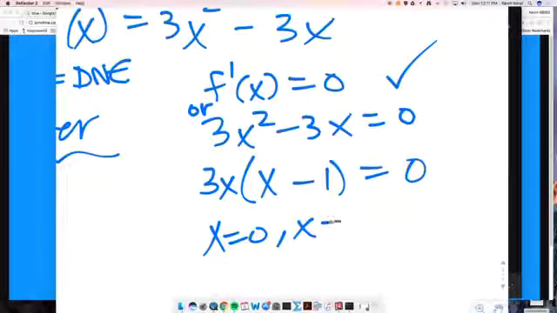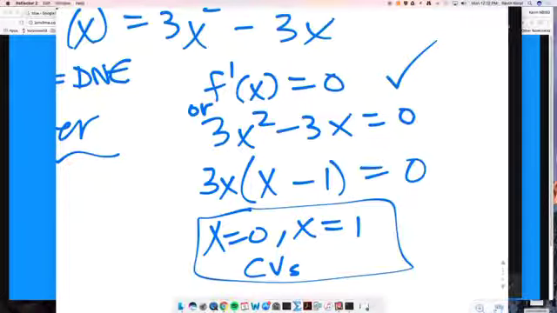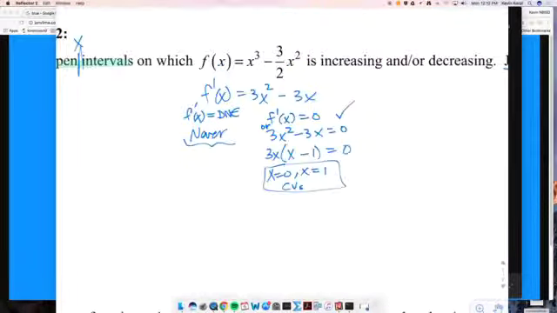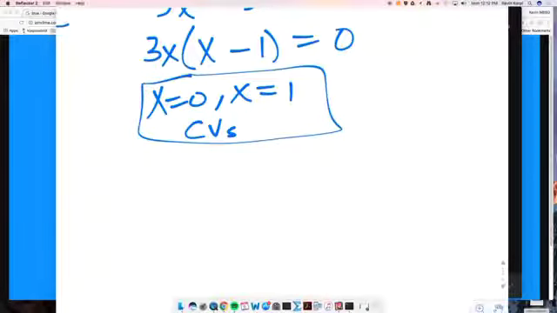x equals 0, x equals 1. These are the CVs. We don't even have to check to see if they're in an open interval because we're not doing the MVT. We want all the critical values for the function. It has 2 of them. So if these are the only places where the derivative can change its sign, and I want to know where it's increasing, decreasing, we're going to make